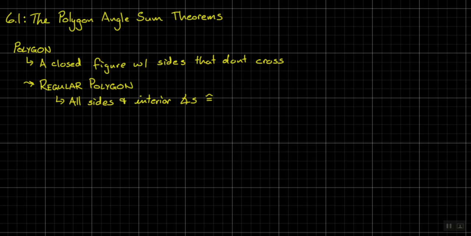Okay, so with these polygons, we're going to jump right in, where we're going to try to find, and not just try to find, we're going to define for ourselves our nice first theorem. So right off the bat, here we go. Theorem 6.1, and we're going to say it's the polygon